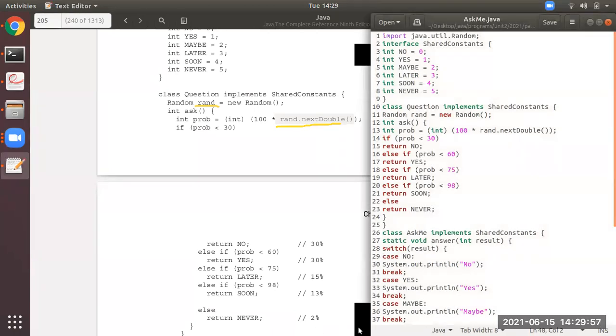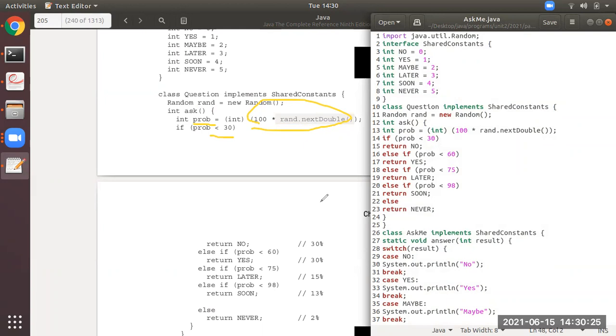Okay, so now you all can understand. Let it be some number, 0.55. So 100 into 0.55 is 55. So this is the number, and this is the method that is going to generate that number. So suppose it is 55 from here. So PROB equal to 55. Suppose it can be anything, 55. So it will calculate here.